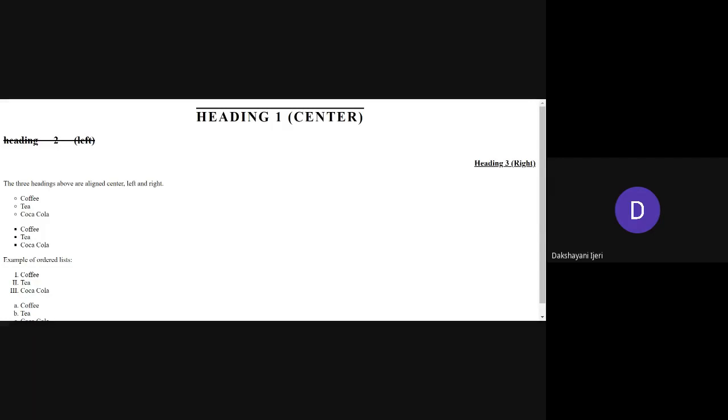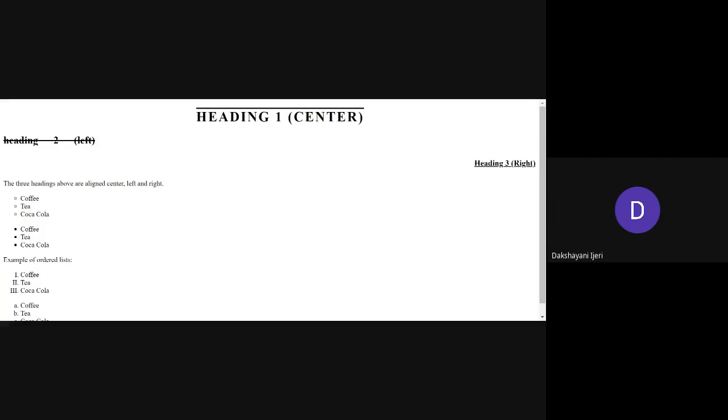Okay, so what has been done here for the H1? This is the heading 1, centered, for which the text align is center. So it is appearing exactly in the center, isn't it? And the text decoration is overline, for which you can see the line has been placed above the text here. I'm repeating what properties have been set for this heading 1, which is appearing in the center, right? The text decoration is overline. That's why you are able to see the line over the text, right?